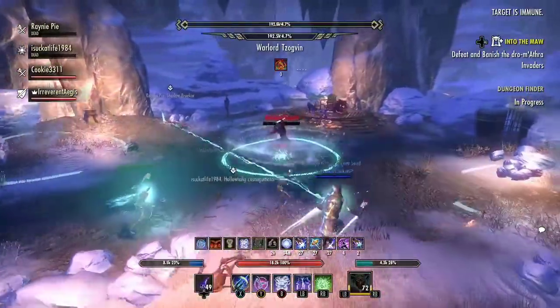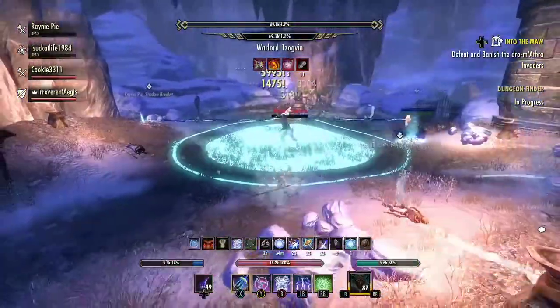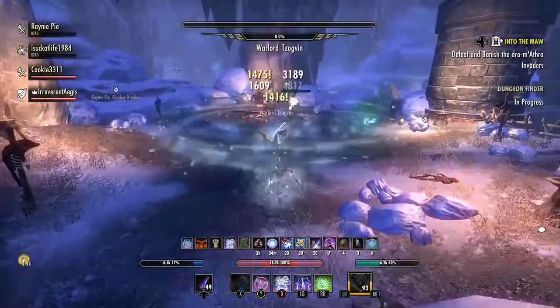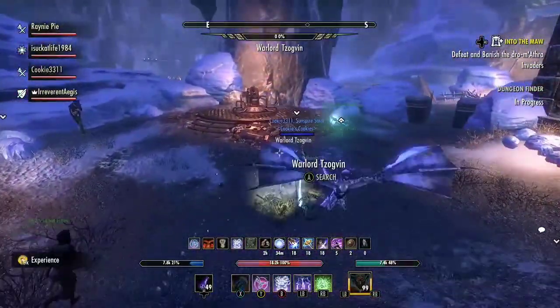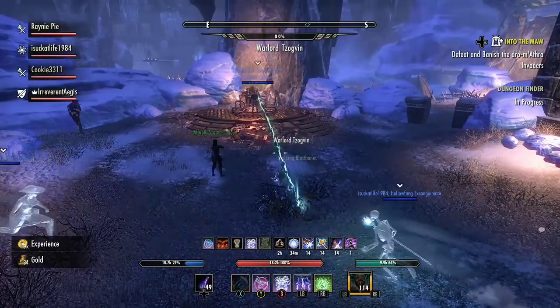He goes back in the middle, this becomes real easy, and for some reason I just keep using heavy attacks. Oh, finally I start using Crushing Shock as a spammable. There we go. That is the Tzogvin fight. Way harder than it looks. If you want to run